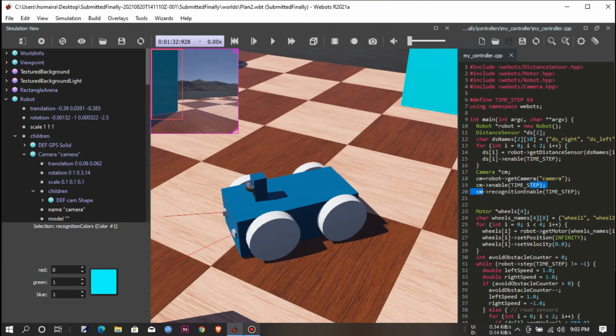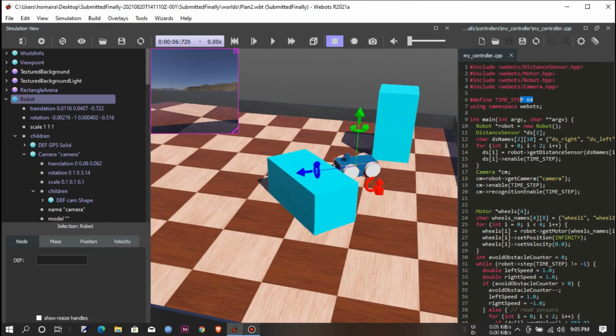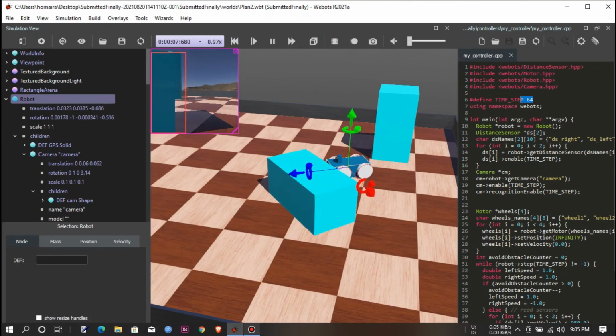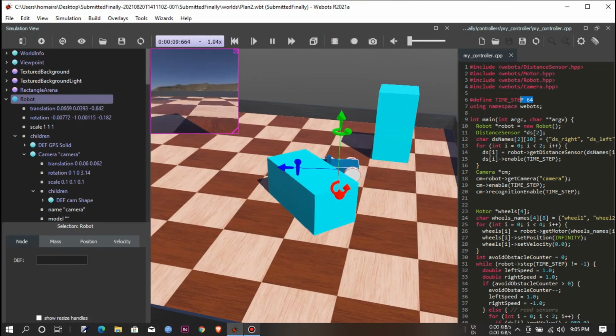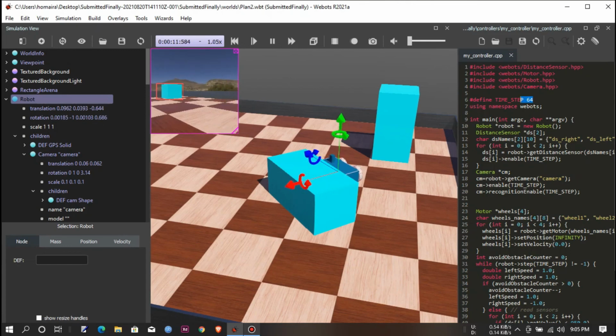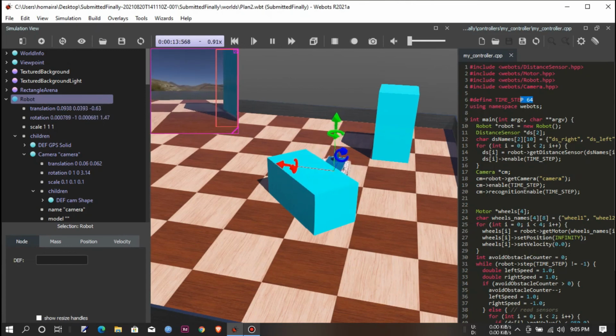In every 64 milliseconds, it's going to feed an image into the camera. To turn on the recognition of the camera, I have written this line. It means that in every 64 milliseconds it will feed an image into the camera and will be able to recognize those objects too. That was all from us. Thank you so much.